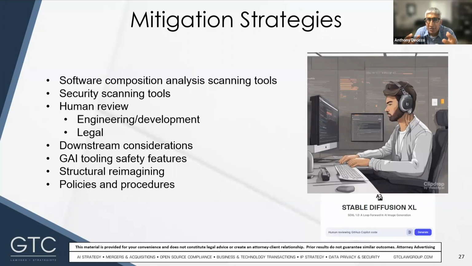I'd say you can do it in the same way that you would subject a junior developer's code to peer review. You do the same thing for the GAI code, and you can also review for code quality, compliance with the coding practices of your company. There can even be legal review. It can include things like acting upon and addressing the results of the SCA scan, to minimize the likelihood of license breach or copyright infringement. The legal review can include reviewing proprietary data, code, or content actually submitted to the tooling.